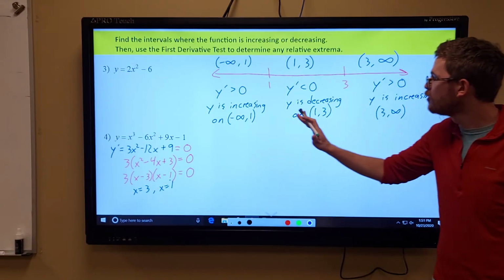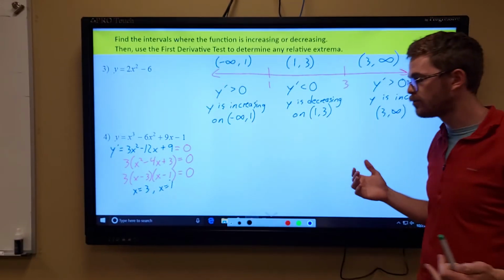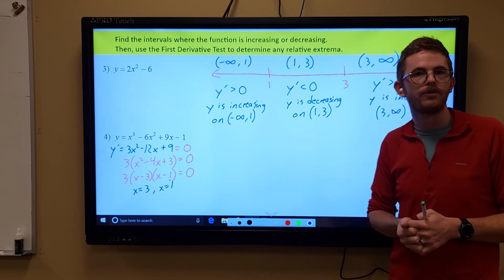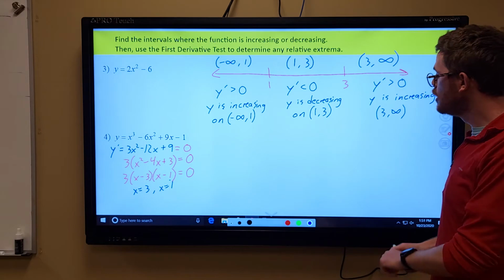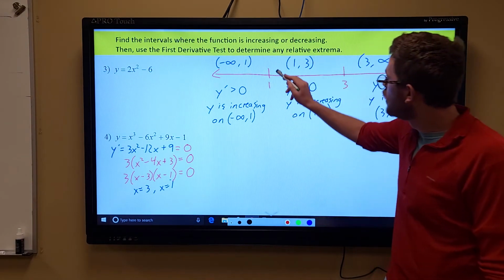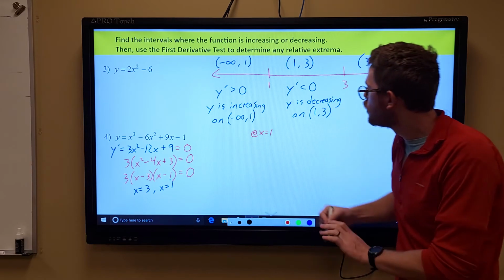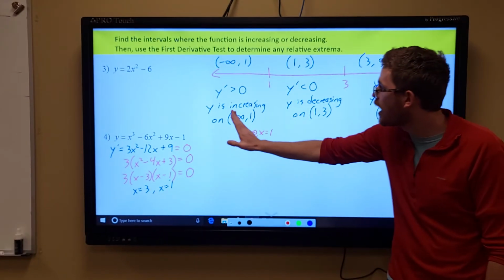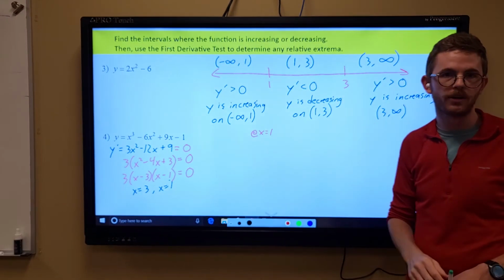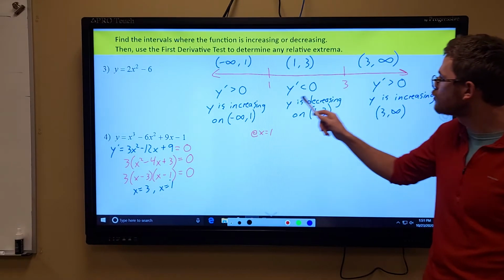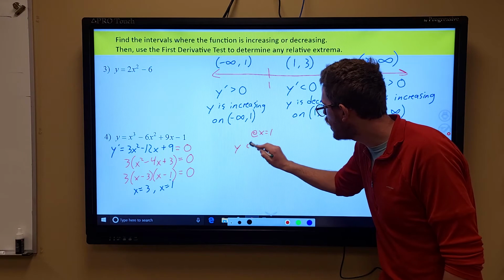So I have found my intervals of increasing and decreasing, and I'm now going to tie it together with the first derivative test and get an idea for what this function looks like. So right here at the x value of 1, notice our function y was increasing, and when it got to the x value of 1, it started decreasing. And so because our function goes from increasing to decreasing at x equals 1, y changes